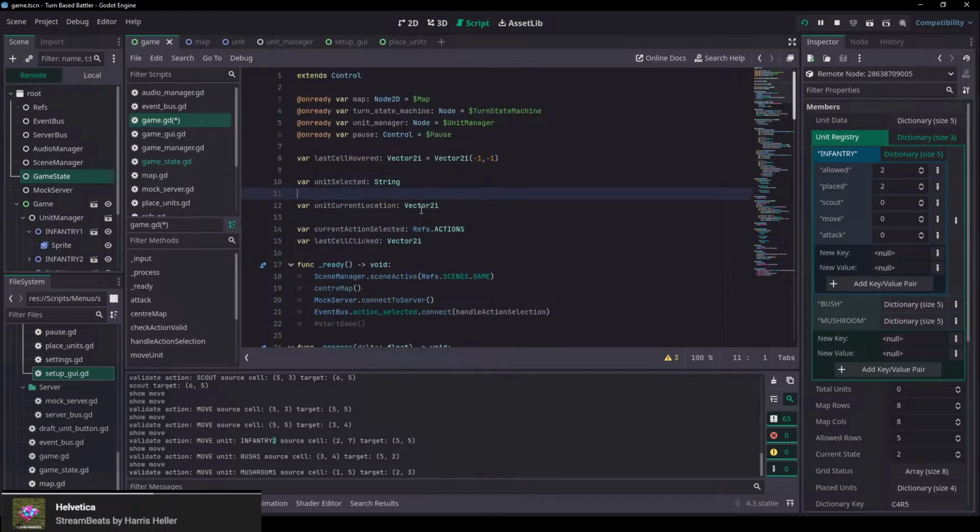So what we could do is just have a var unit type,